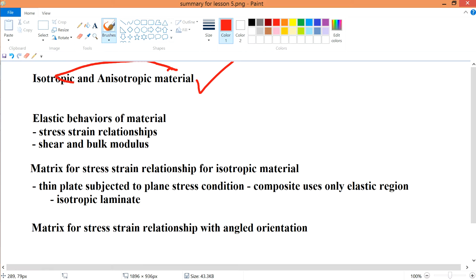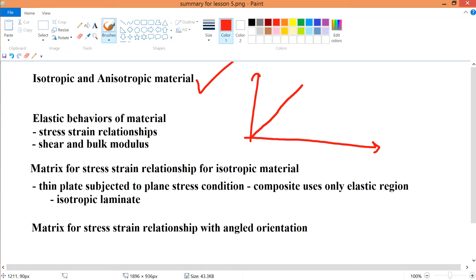So after knowing all this stuff, let's talk about elastic behaviors of materials. If you remember your composite stress strain curve, normally metal is linear over here, and after that there will be certain deformations in this region, and eventually it will break over here. This is for metal, but as for composite, normally it will break at this point. So over here, composites always behave elastically, or behave in a Hooke's law manner,